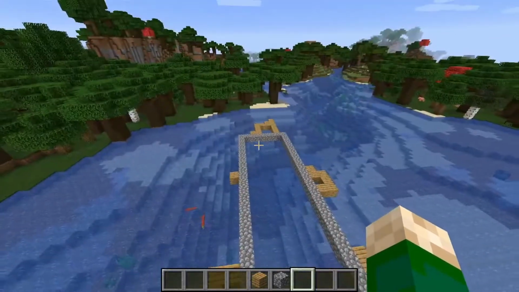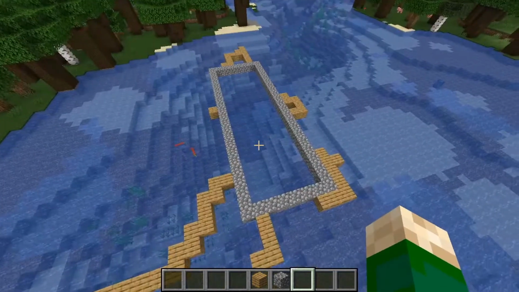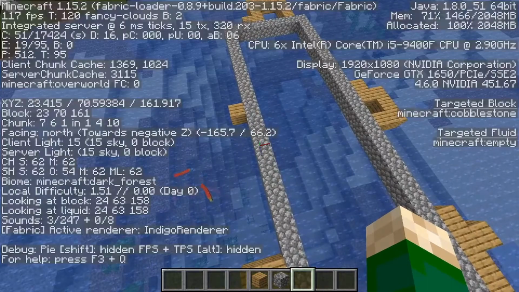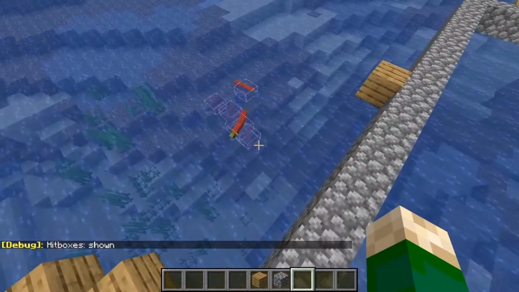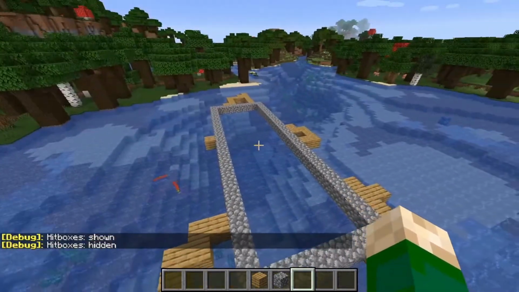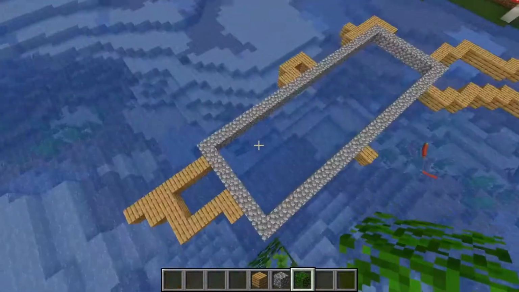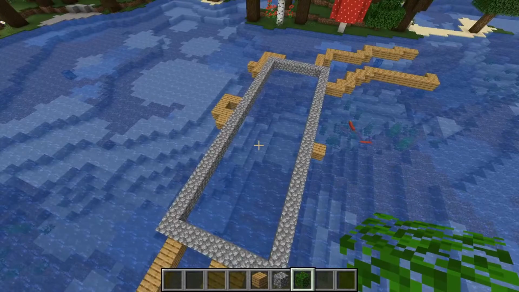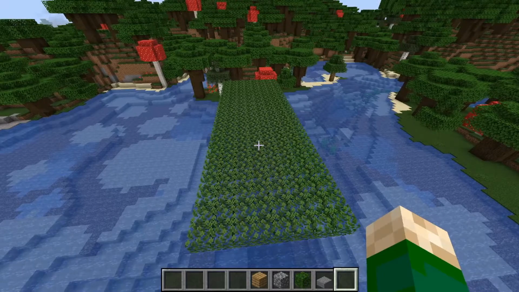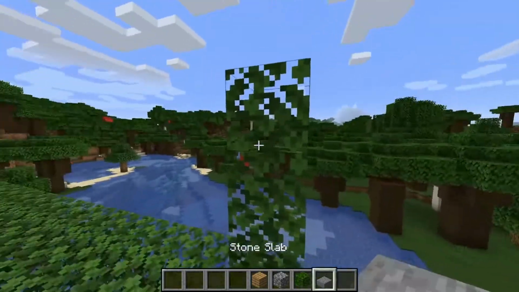If you want a more efficient farm, you can build it up in the skies, so no mobs spawn in the caves under it. But you can also build it just above the river. The first step you need to do is place leaves in this rectangle so nothing spawns there. The next step you will need to do is go 2 blocks high, and on the third block